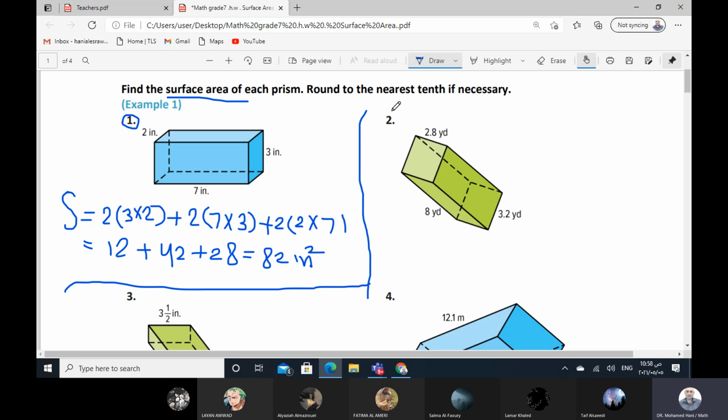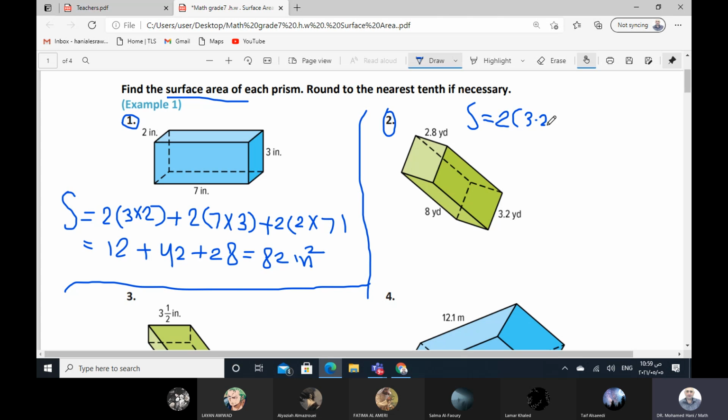Right. Exercise number 2. The same idea. We want to find the surface area. So S equal. Now we have here this face and here the opposite face, congruent and parallel with this face. So we can write 2 times. What is the type of the face? Rectangle. Length times width. The length will be 3.2 and the width will be 2.8. So we can write here